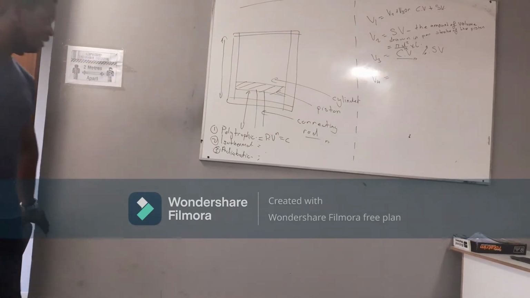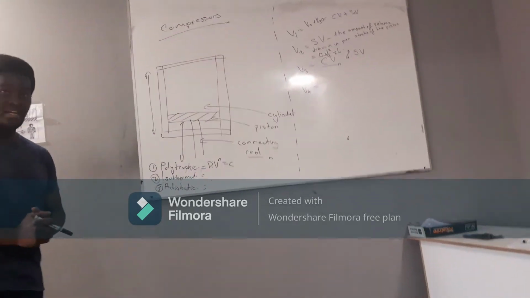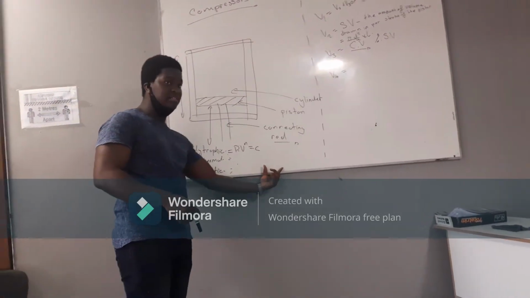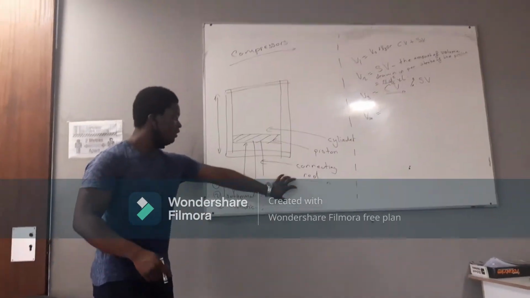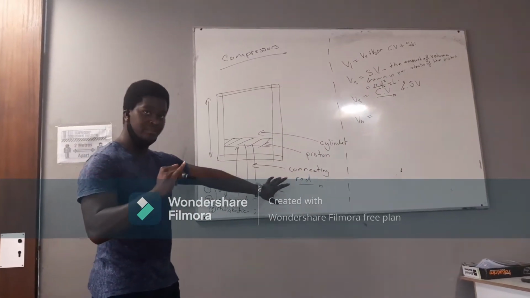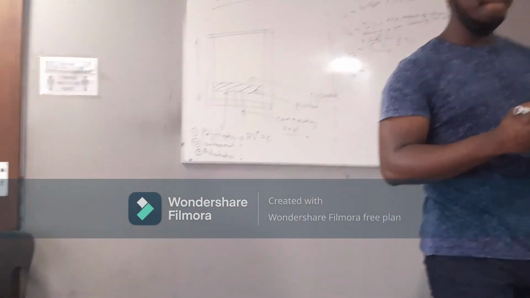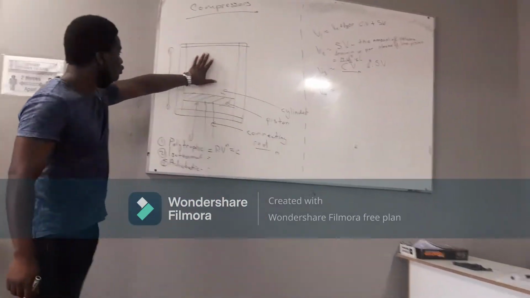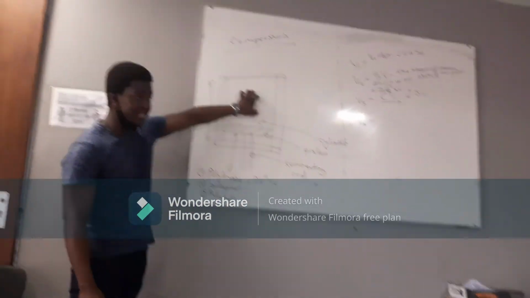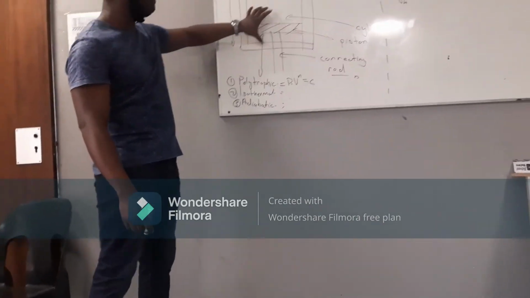Now, under the adiabatic process, there is cooling of gases. Are we together? Under adiabatic, you've got cooling of gases. Now, the reason why we cool the gases is because if you compress something, what happens to the temperature? The temperature increases. That is very, very correct. So if you compress the gases, the temperature is going to increase. Are we together? Yes.